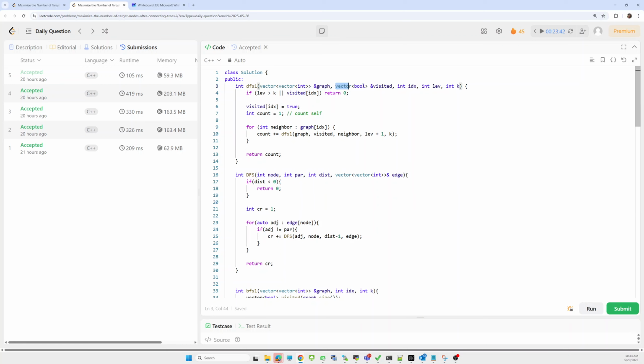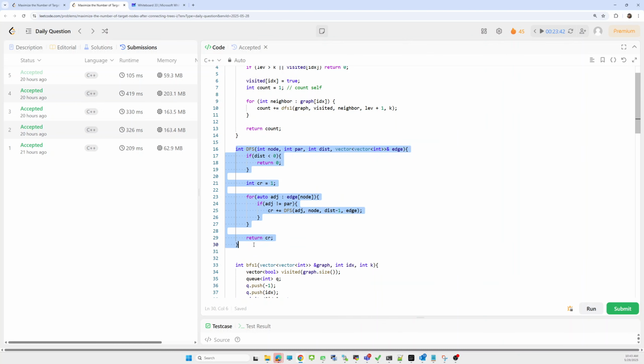How do they maintain the visited array here? In the new implementation of this DFS, they just stop traversing to their parent node.